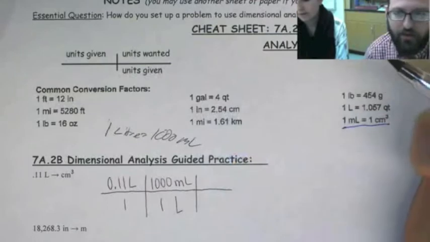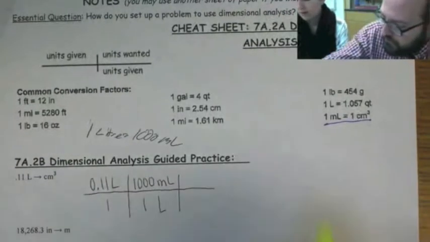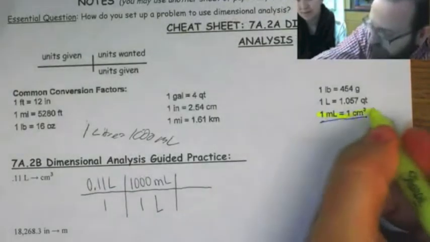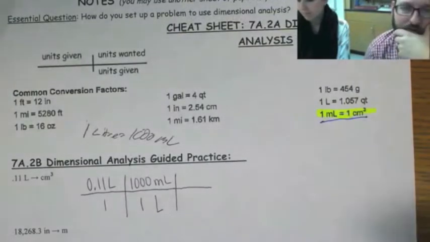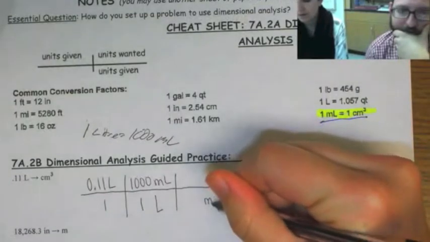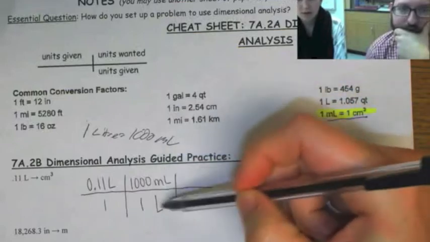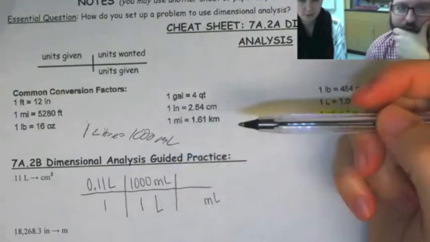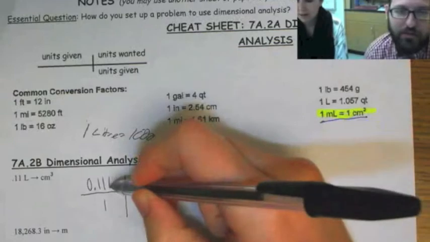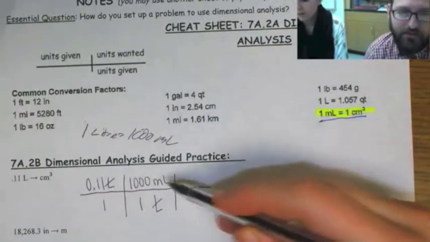So now we've got milliliters to cubic centimeters, which is where we want to go. Which box does my milliliters go in? It's going to go down here, because we want those units to cancel out. If I had stopped right here, I would have been in milliliters, which is not what I want. These liters canceled out and we got milliliters. Now the milliliters are going to cancel out after I put